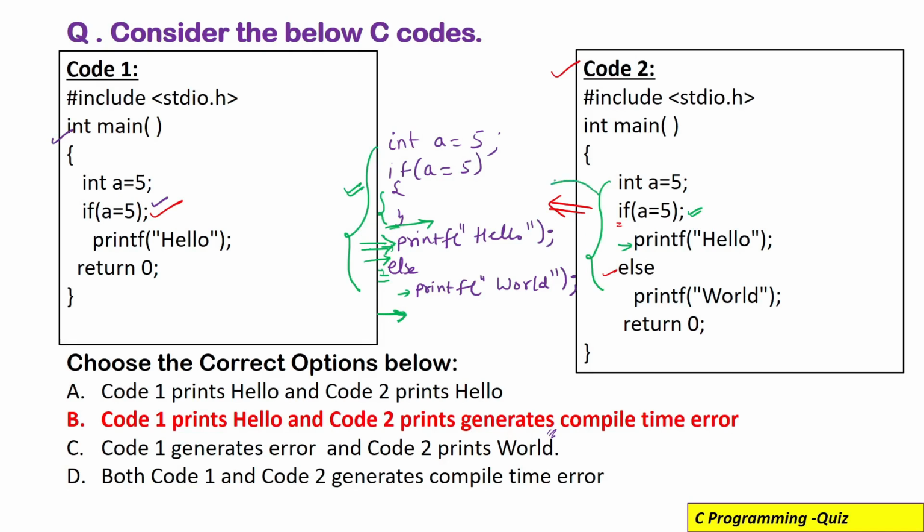After the compiler changed our code number 2 into this code, between the if and else we have an extra statement which the compiler does not want. It is a syntax error, and you can interpret this as else not being able to see this if. If we write just else and there is no if, then we will also get the same error, that is else without a previous if. So the simple rule is, do not use any statement after the ending of the if body and before the starting of the else body. That's why we were getting the compile time error in code number 2.